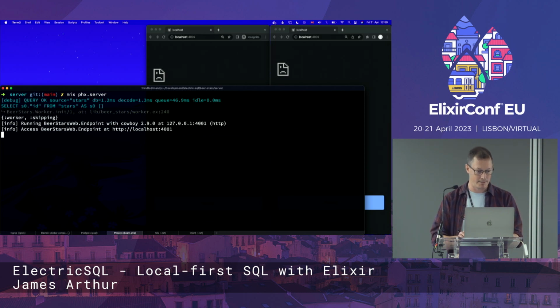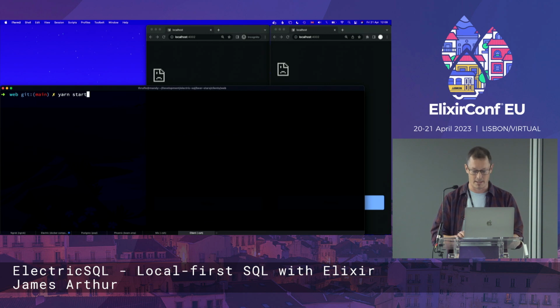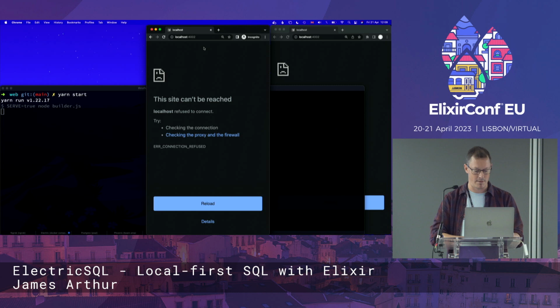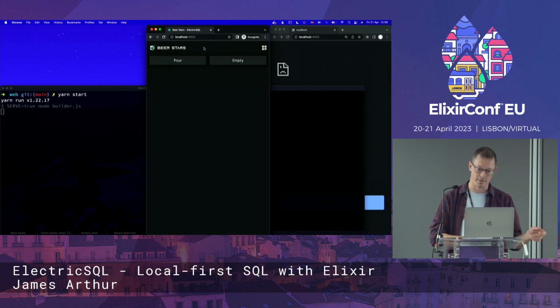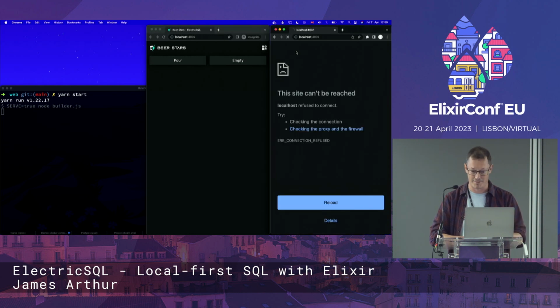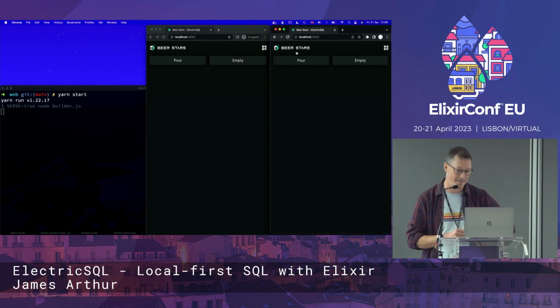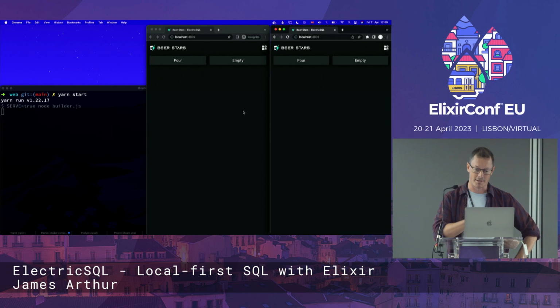And then I'm going to run the client application. So that just runs a web application. I was going to make a mobile application as well. We support mobile applications, but I didn't get time to apply the styling that I wrote to the web application. So let's have 2 Chrome windows instead. And so this is the kind of empty state of the application here, and it doesn't have any content in